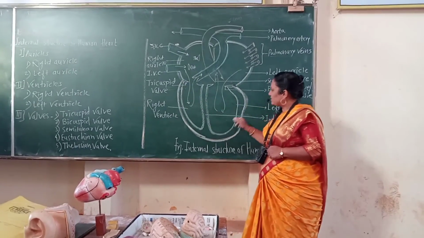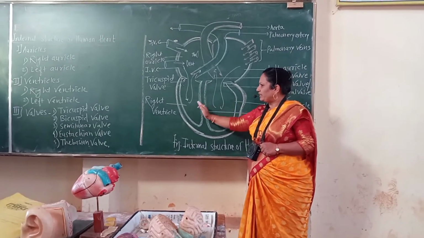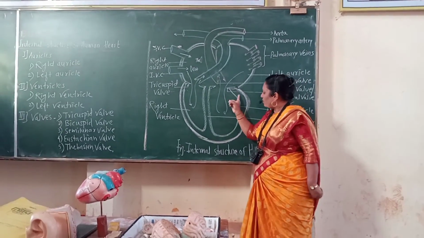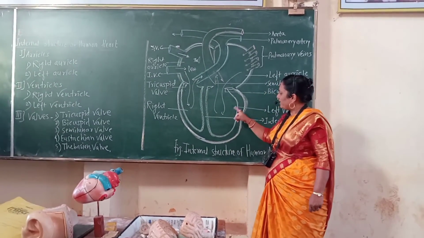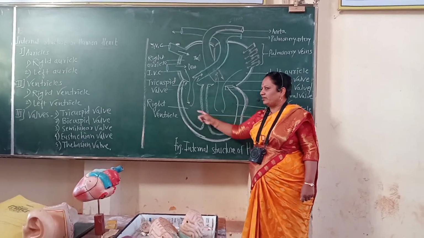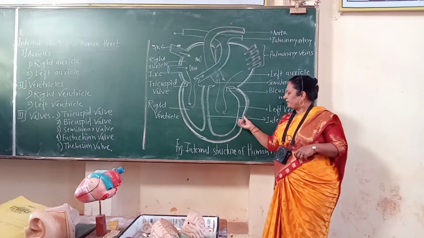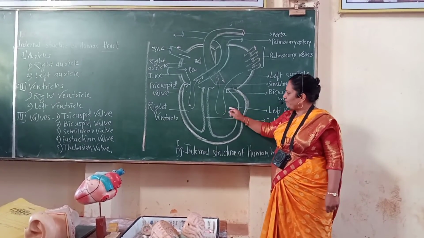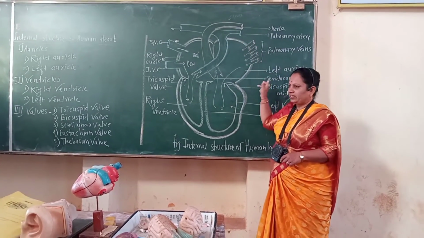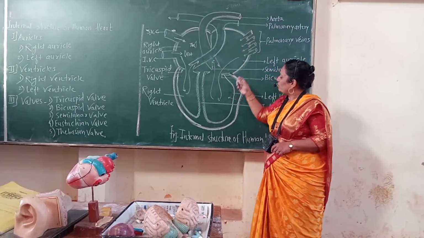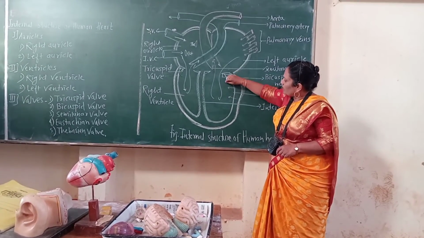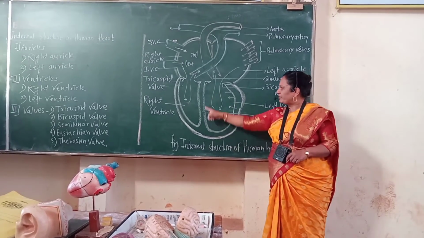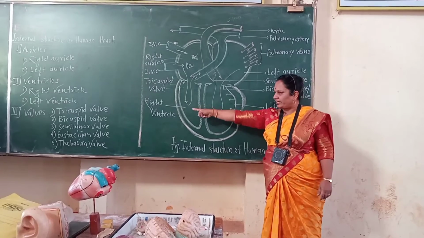Here the ventricles are divided into 2 ventricles by the interventricular septum, and the wall of the left ventricle is thicker than the wall of the right ventricle. Why? What is the reason behind it? Left ventricle contains pure blood, and that pure blood is supplied to the whole body through the aorta, and it has to give more and more pressure on the blood so that blood can reach each and every part of the body.